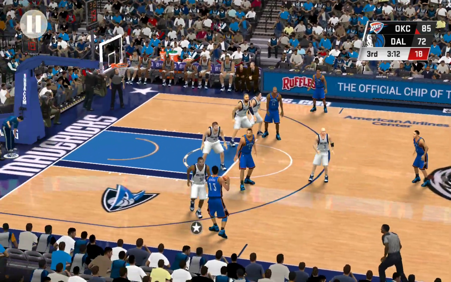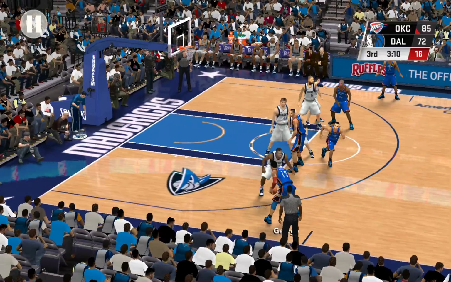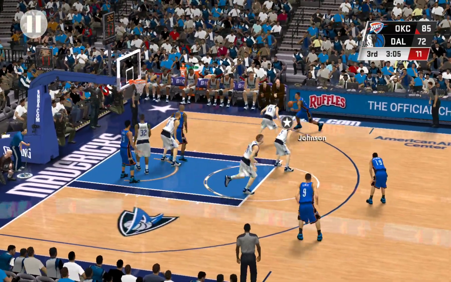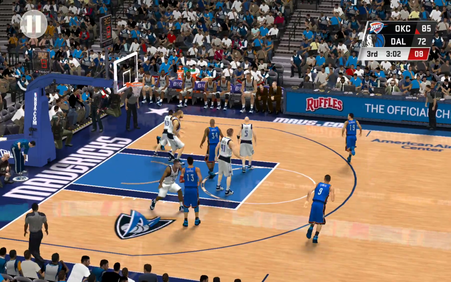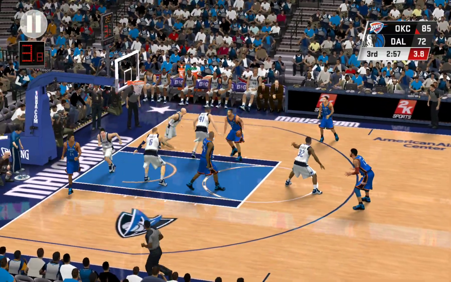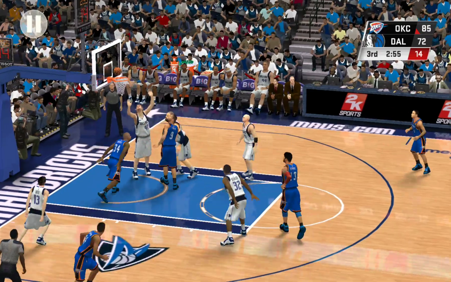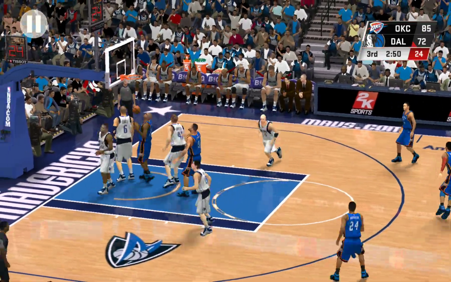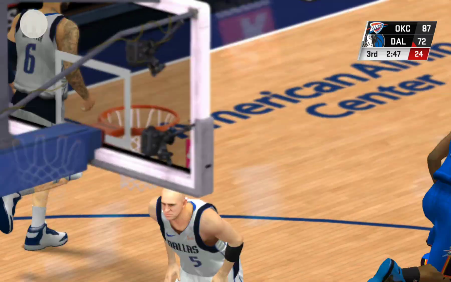Here's Wilkins. Outside, George. Back to Wilkins. Pass to Johnson. Now Lewis. Shot clock at 6. Tries yet again. He lays it in.